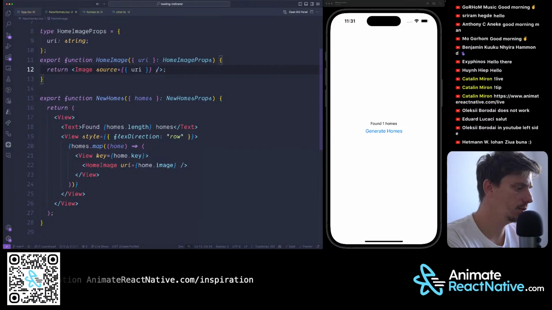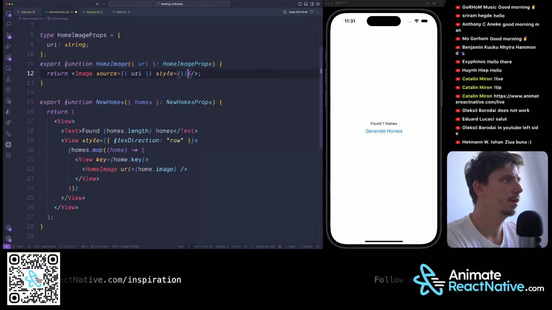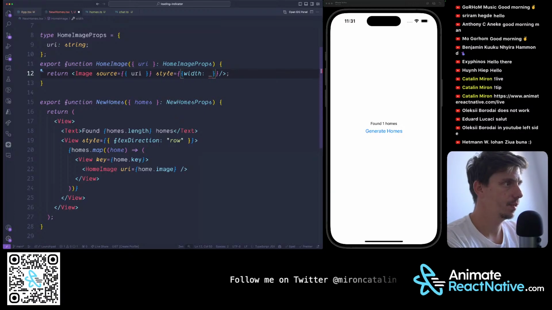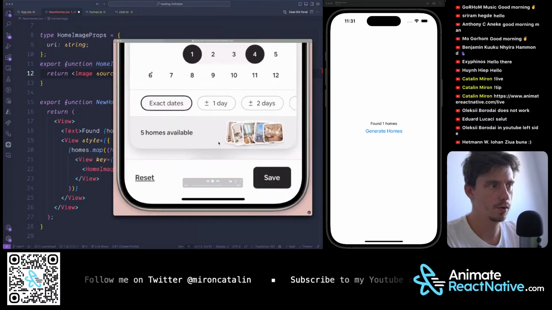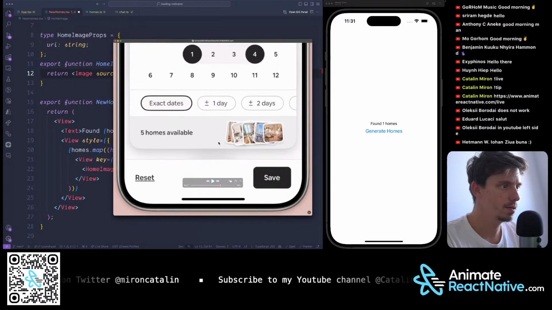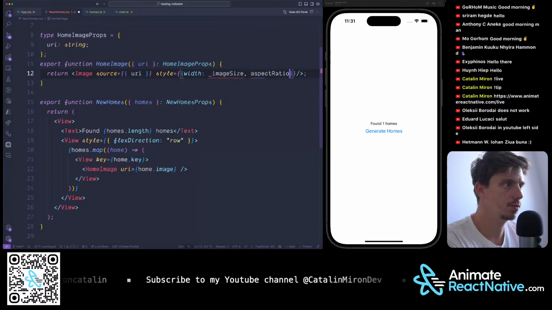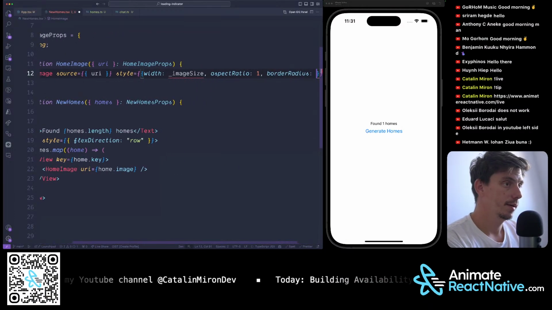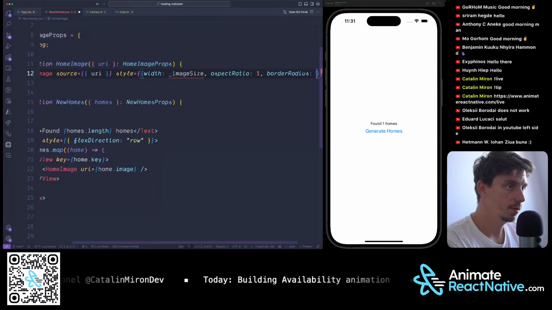Oh, okay, because I don't have styles. So I'll say width, it's image size, and is this a square? This is a square. Okay, so I'll say aspect ratio 1, and I'll apply a border radius of, I don't know,